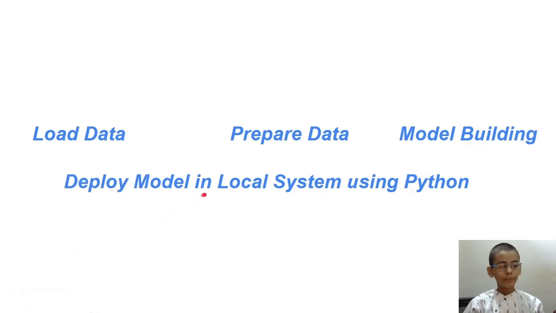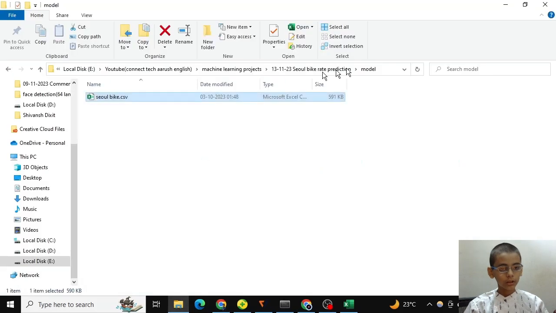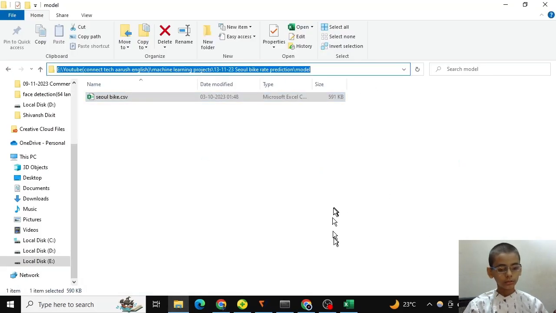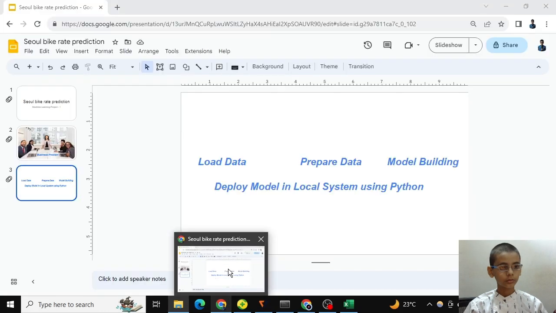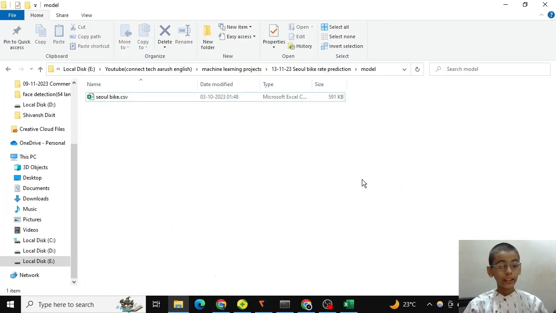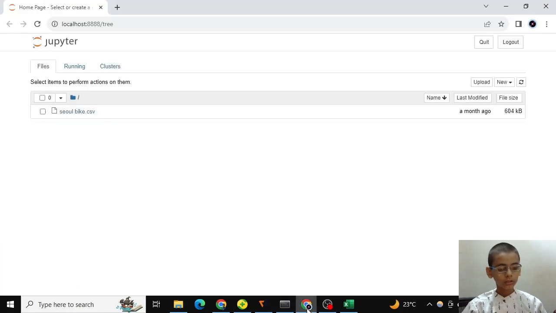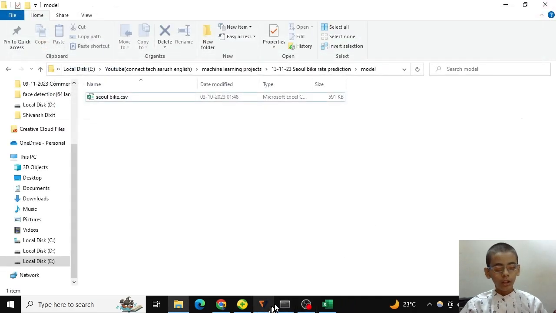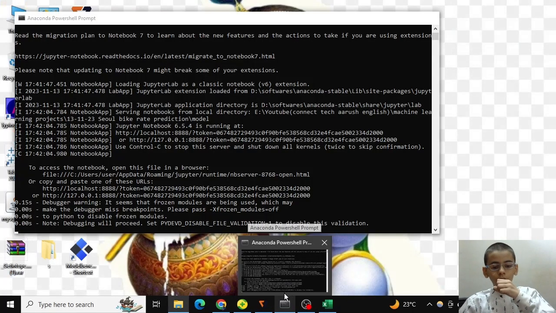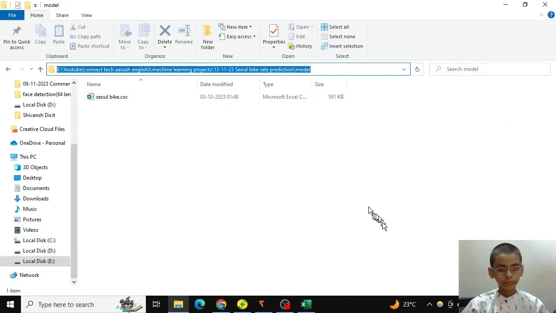So firstly let's load the data and create our Jupyter notebook. Let me exit the slide. Let me show you what we have to do for opening our Jupyter notebook. By the way, I already opened Jupyter notebook, but I will show you again how I open it.